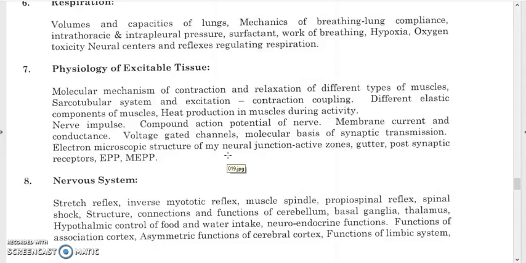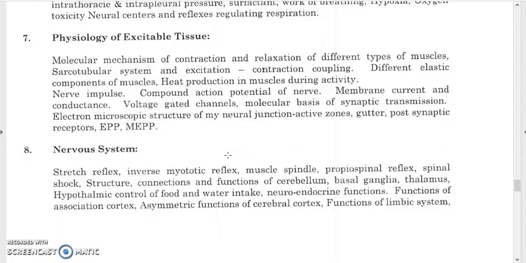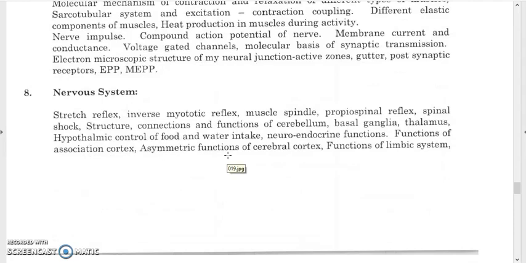synaptic transmission, how the nerve impulse propagation occurs, you have to study here, electron microscopic structure of neuronal junction, that is junction active zones, postsynaptic receptor, EPP and MEPP, that is postsynaptic potential, you have to study. And nervous system here is the stretch reflexes, inverse myotatic reflex, muscle spindle, proprioceptive reflex, spinal shock, structure, connection and function of cerebellum, basal ganglia, thalamus, hypothalamus, control of food and water intake,